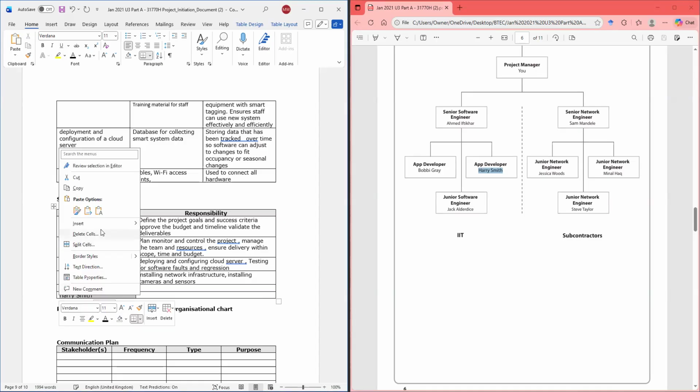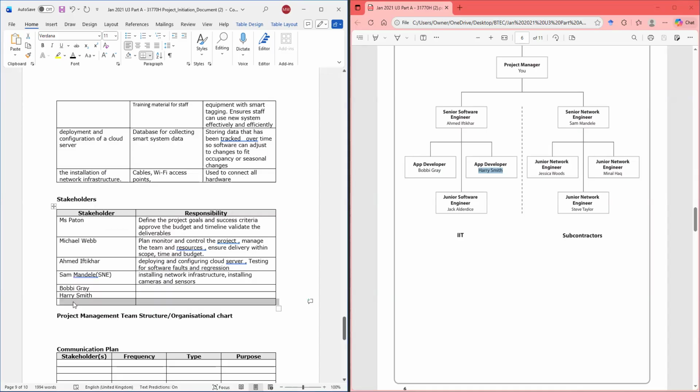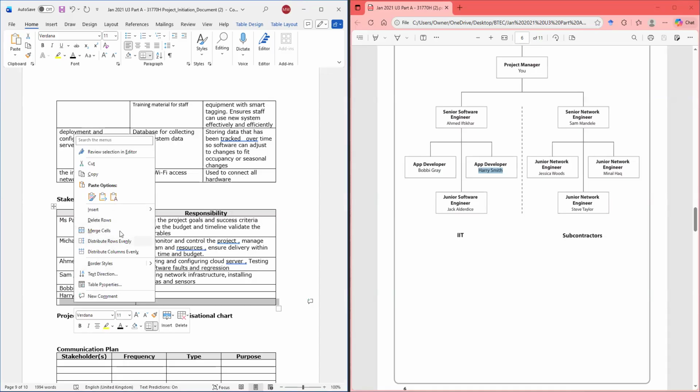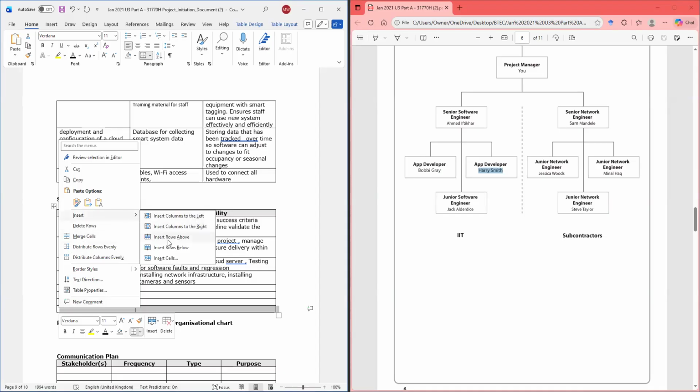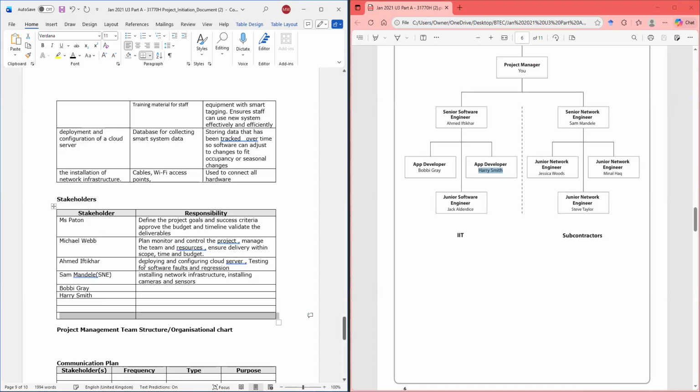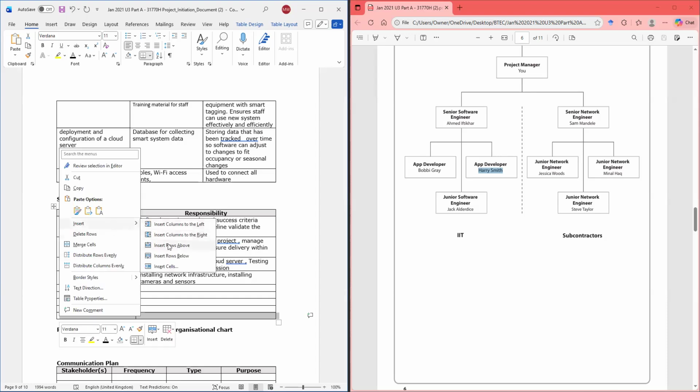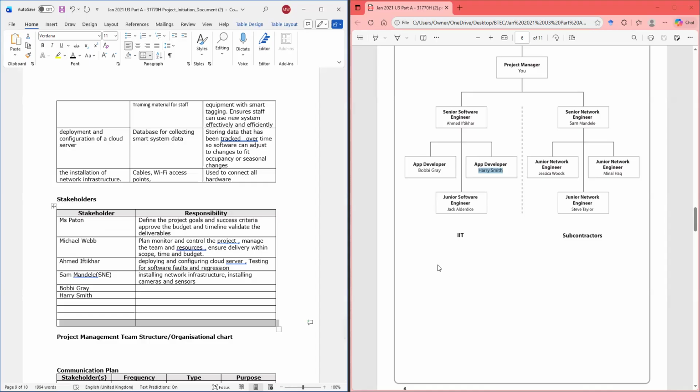Let's put some more insert. So we need, that's two. We need four more. Insert rows below. All right, so that's Bobby.